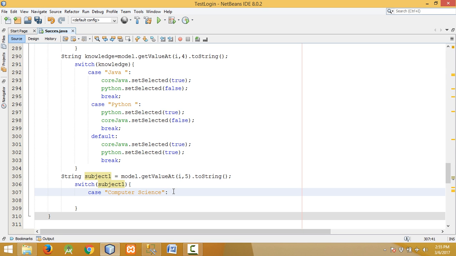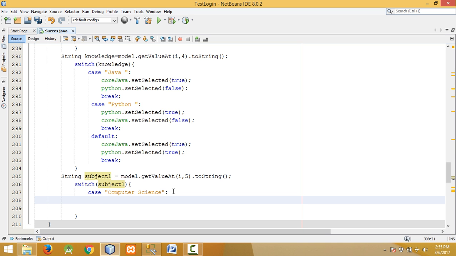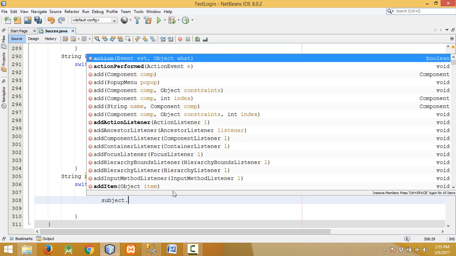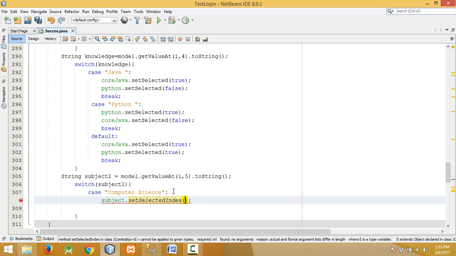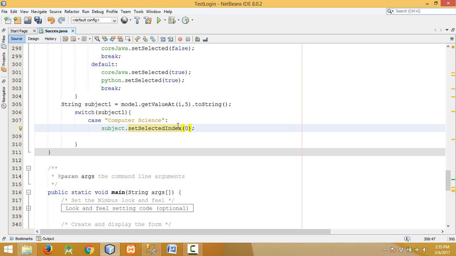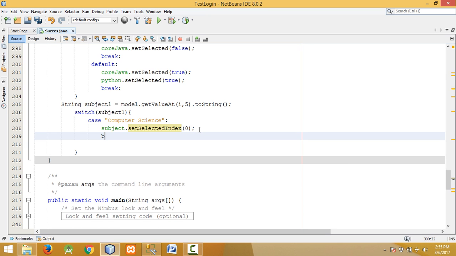So when computer science is selected, what we have to do is subject dot set selected index to, this is the first one, so it should be 0. Then we have to place the break statement, break. So this is for computer science.